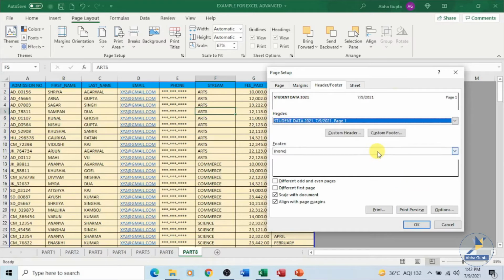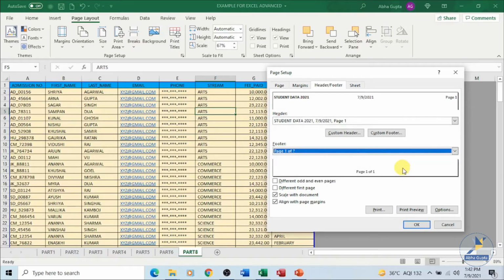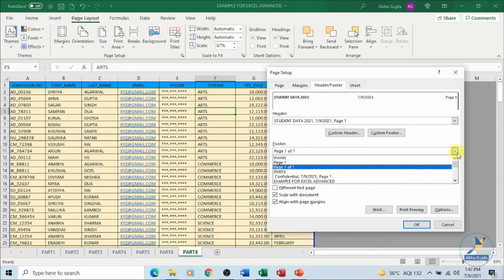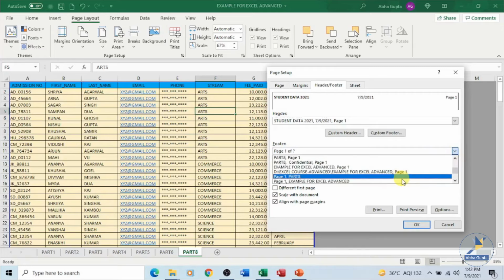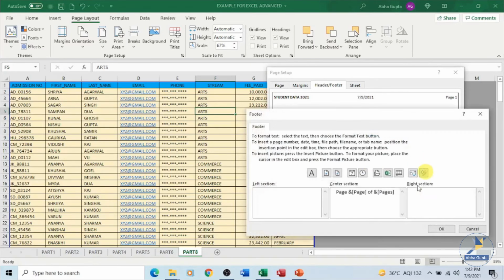And I can have a footer as well. You can specify how many parts or how many pages, like total you have 3 pages, so page 1 of how many pages, page 2 of how many pages. Or you can always have other things over here. If you scroll down, you can see all these information. You can add it to your footer, or you can always add a custom footer also. Together with the page, your header and the footer, they are divided into 3 columns. You can have these things.